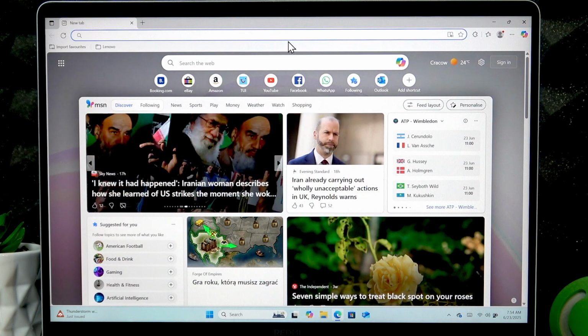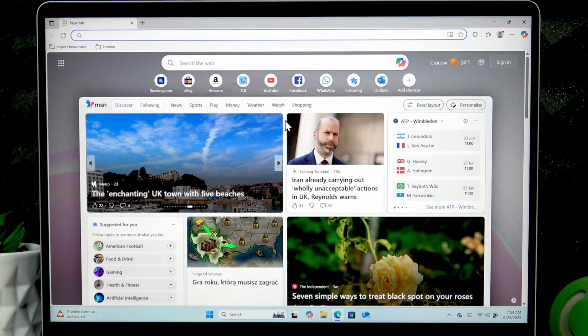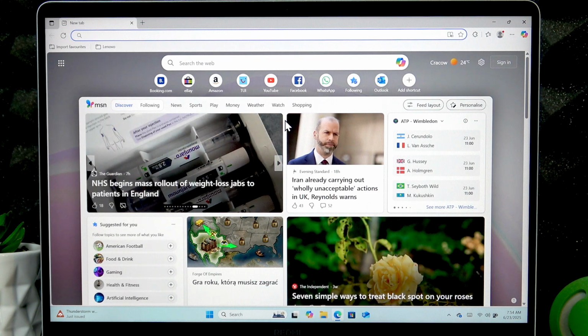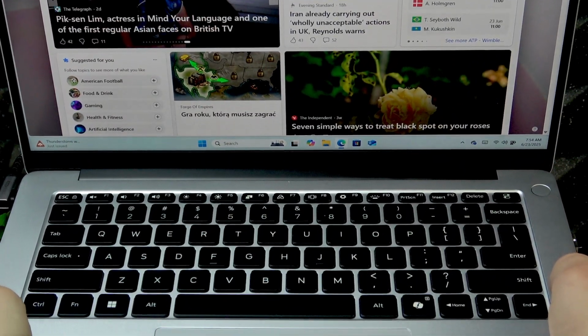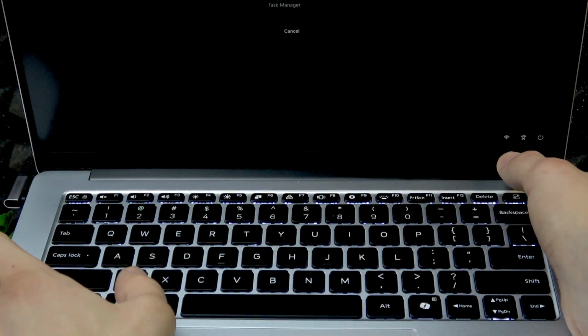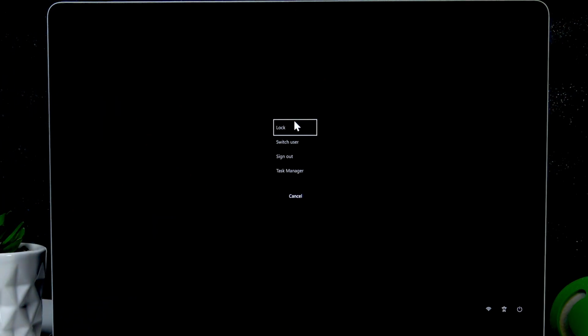So this laptop is generally alright, but if your laptop is frozen, then first we have to detect whether it's frozen partially or fully, and to do this, let's pretend that this browser is causing the laptop to freeze. What we have to do is use the combination of Ctrl Alt Delete buttons at the same time. Press them all like this, and if this menu appeared on your screen, that means that your laptop is frozen partially and it can be unfrozen